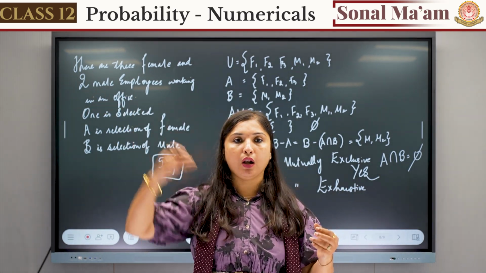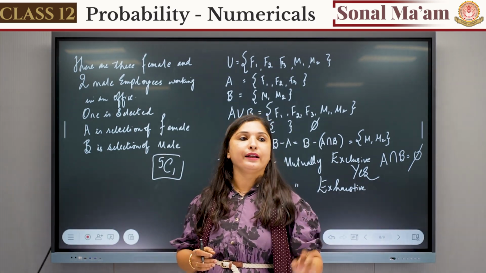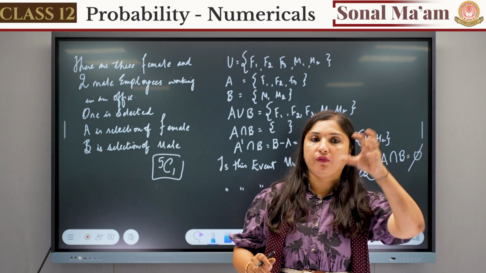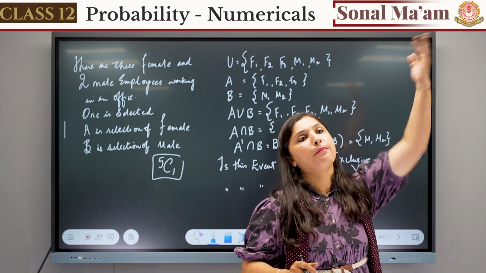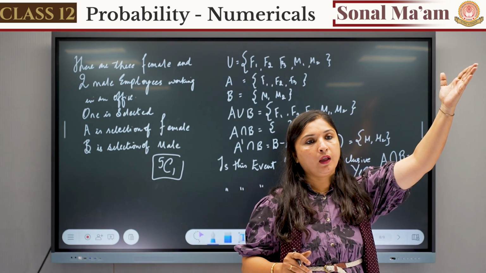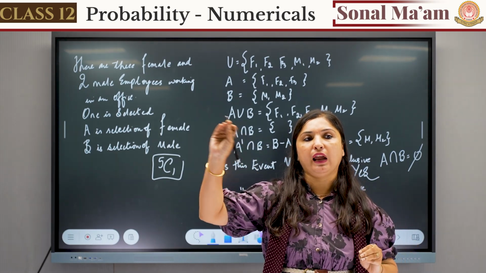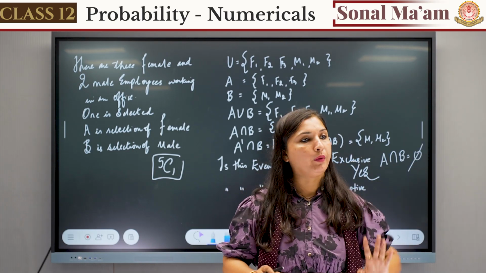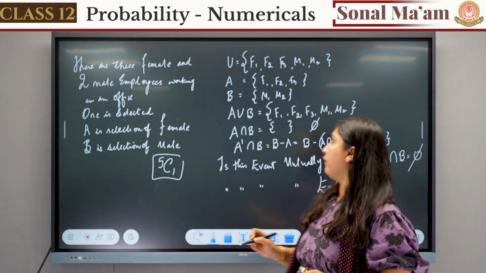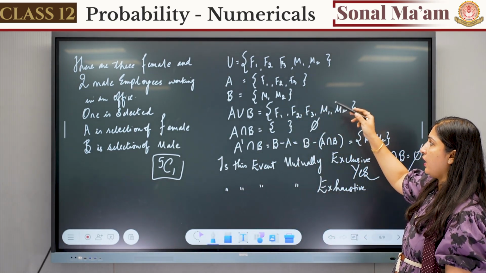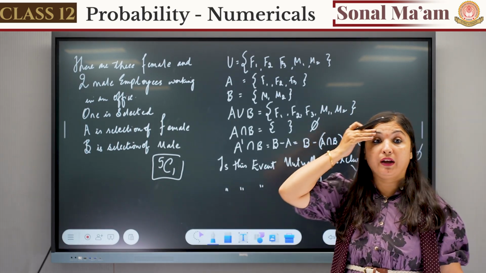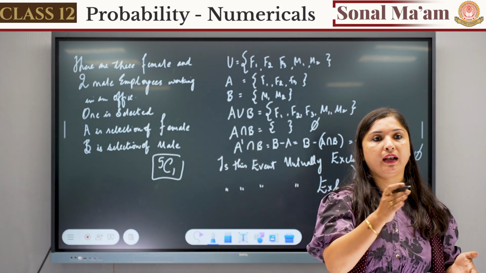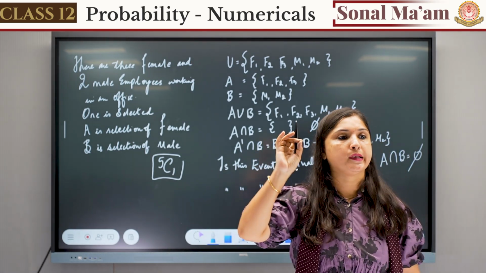Then next is mutually exhaustive event. First of all, we'll recall what is mutually exhaustive. Whatever we have in A and whatever we have in B, that the same numbers we have in U also. Right, U में एक भी नंबर A और B से ज्यादा नहीं होगा. जो A में है, B में है, बस वही है U में. Right? So whenever we have A, we have F1, F2, F3, and we have in B M1 and M2. Same we have in U also. F1, F2, F3, M1 and M2. Not a single element is more, right?